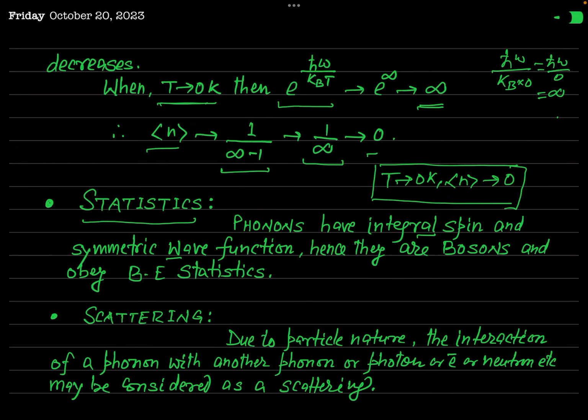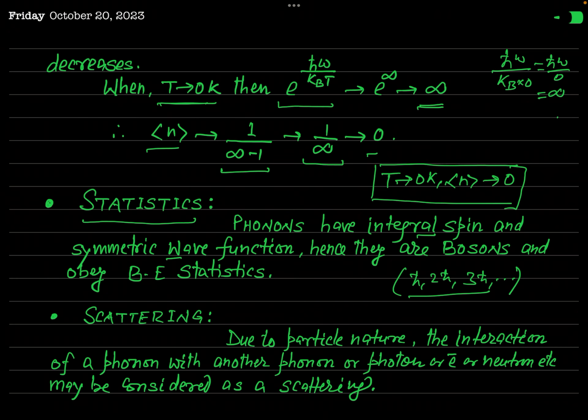Phonons have integral spin, that is, its spin may be h bar, 2h bar, 3h bar, and so on. These are the spin angular momentum of phonons. Or in units of h bar, you can say that phonons have spin 1, 2, 3, and so on. And if phonons have integral spin, definitely this will not obey the Pauli's exclusion principle, and its